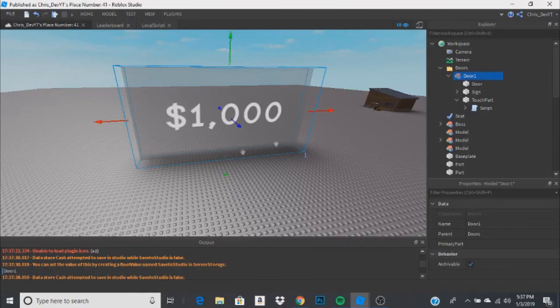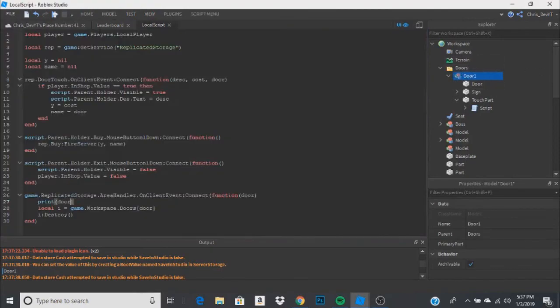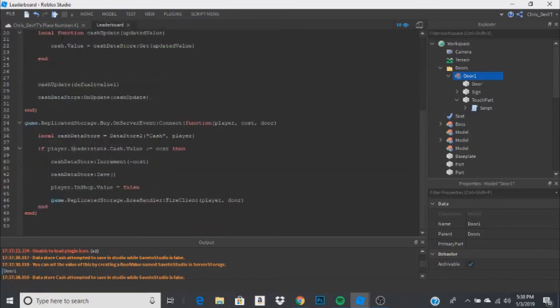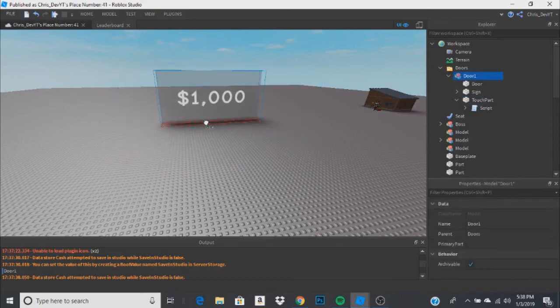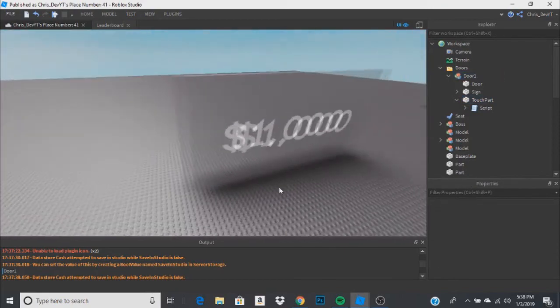Let's go to this. We're also gonna have it shut off. So when we get in the local script, when we get the area handler, if you buy it, we're just gonna do script.Parent.Holder.Visible equals false. Okay, so now the holder is false. It's gonna go away, and once you buy it, let's make the touch part uncollidable. So if we move that right there,